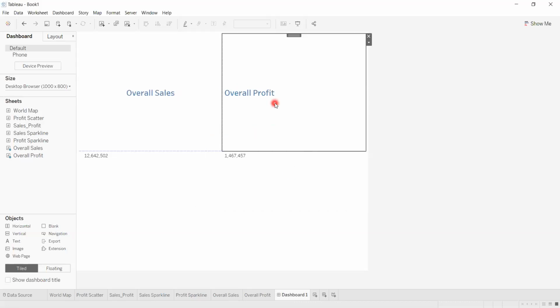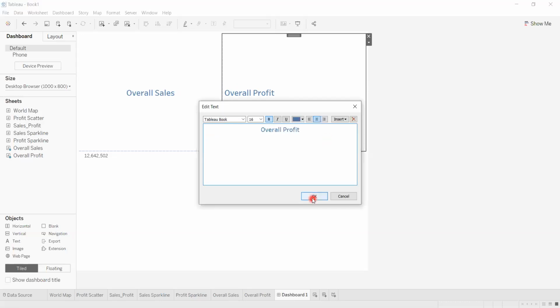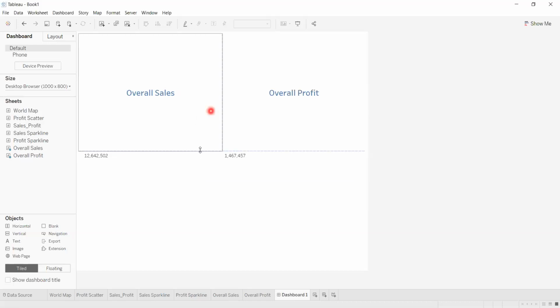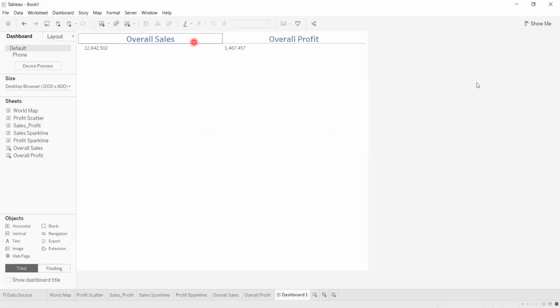Okay, so next we can adjust it like this. So we've got the overall sales, overall profit, and these two containers. Next is we want to drag in our spark lines. For that, I'm going to select the spark line,